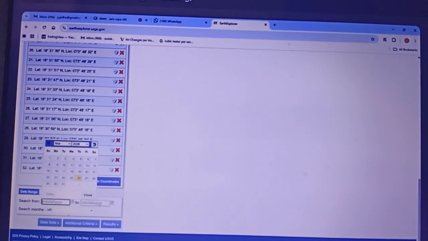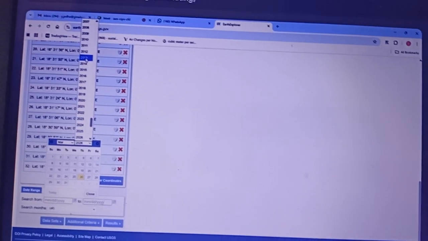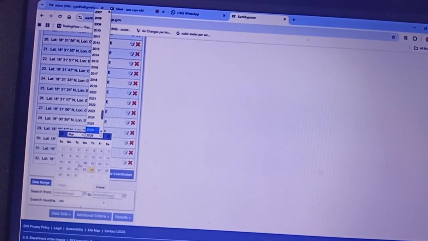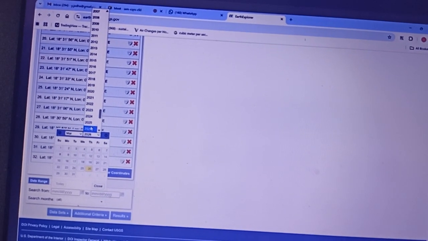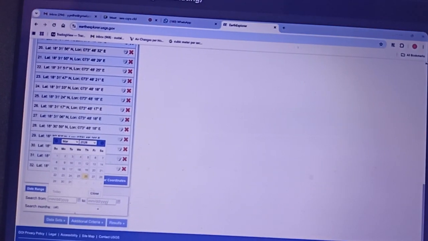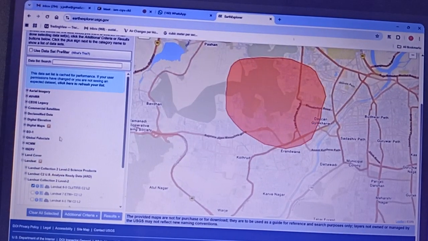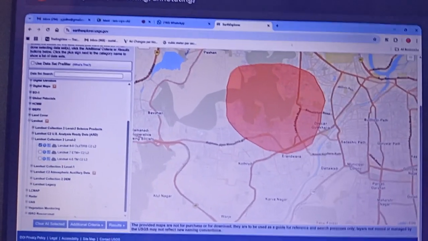The imagery data is available from 2013. So you can take one image, like 22nd February or 22nd March 2015, and another image like 26th February 2020. So you can identify the same areas for the different kinds of structures. Now here you have to see what kind of data is available.